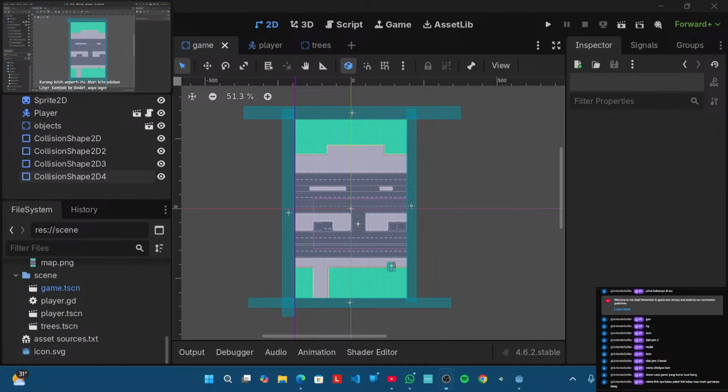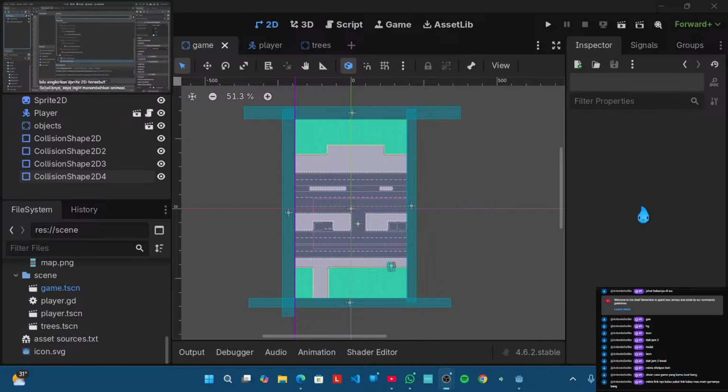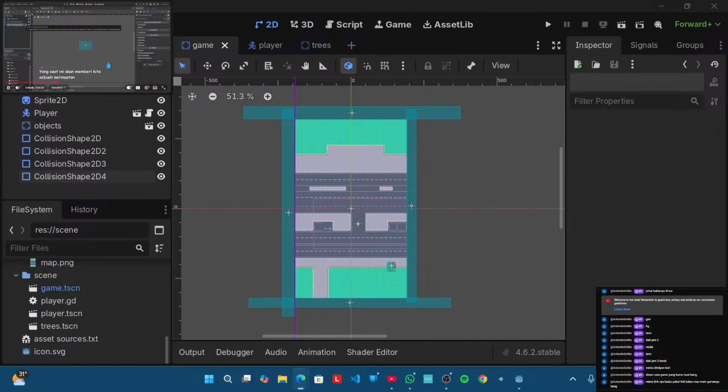Back in Godot, I want to work inside of the player and then get rid of the sprite 2D. Instead, I want to add an animated sprite 2D, which at the moment is going to give us a warning